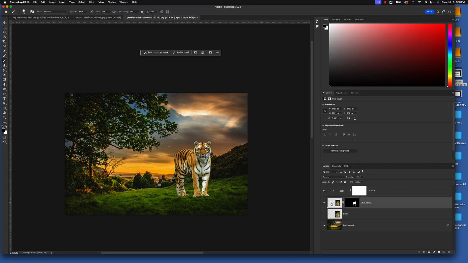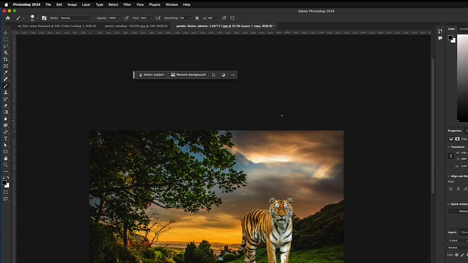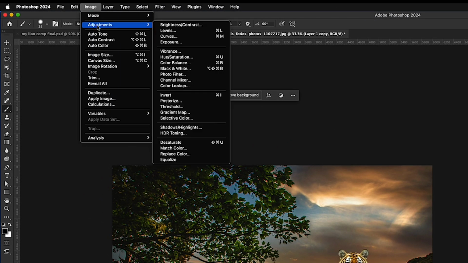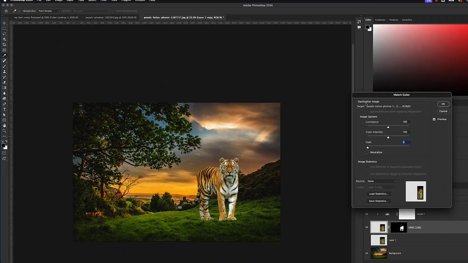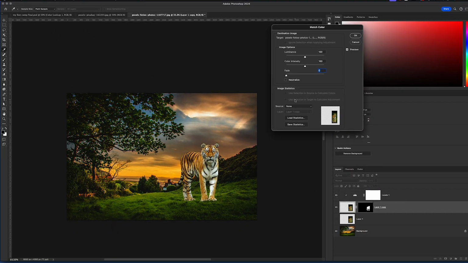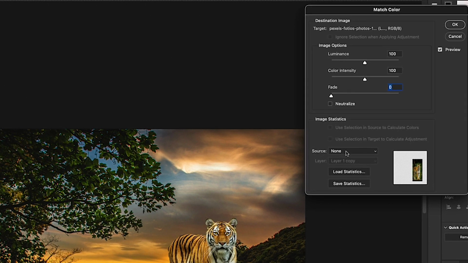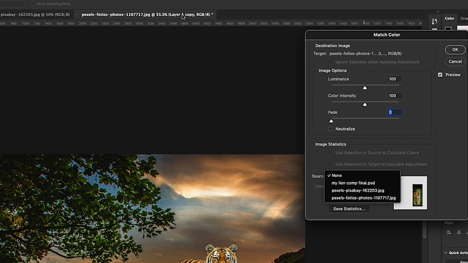So let's go ahead and select our tiger layer. Let's go up to Image, Adjustments, Match Color. So essentially what this is going to do is it's going to allow us to select a different layer and match the colors, the overall tint of that layer, to our tiger. Right now under Source it says None. Notice that our tiger is selected in the preview, but under Source we need to change that to the name of this project, which currently is